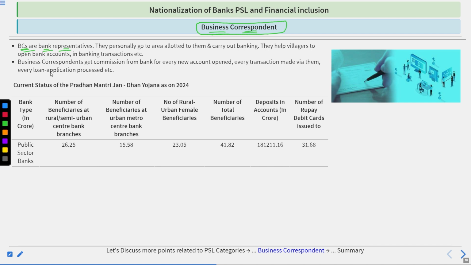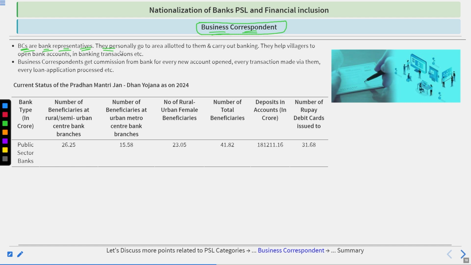Business correspondents are bank representatives. They personally go to the area allotted to them and carry out their business banking, helping villagers to open bank accounts, make banking transactions, etc. Banks generally send their representatives to areas where the bank's operations are not that successful. So these correspondents have to visit the place physically, consult with the locals, make out the plan